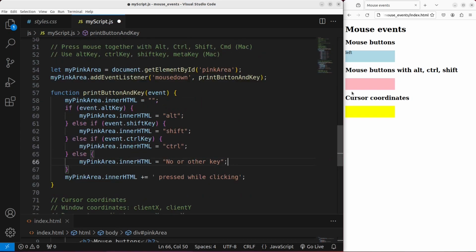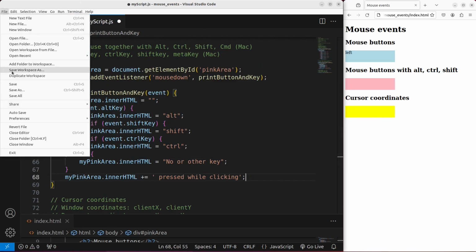So when the pink region has the mouse down event together with the pressing of some special keys like alternate keys, shift keys, and control keys, I'm able to show some special strings. If I haven't pressed any of these 3 kinds of keys, I would have another string to come out called no other key. And then I just link the strings here to another longer string. Okay, so let us see the result. Save,